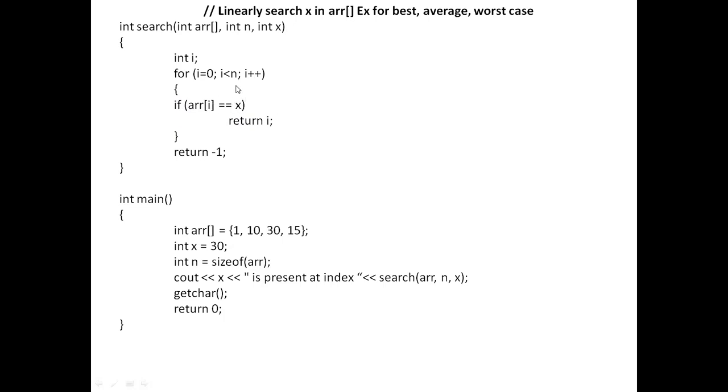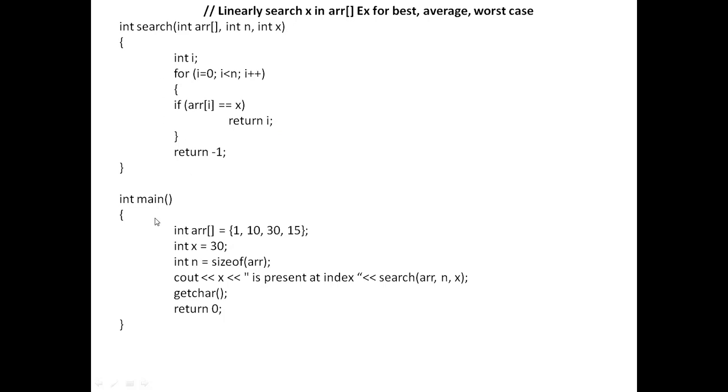If the element X is available anywhere between index 0 and n minus 1, then the index value where that value is available is returned. Otherwise, if the element is not there, then -1 is returned. That is the logic behind this searching function.